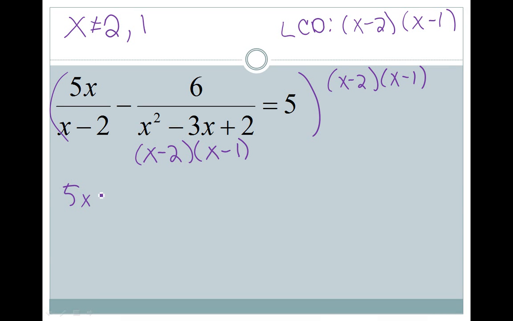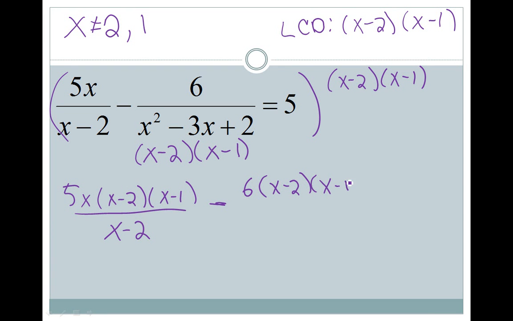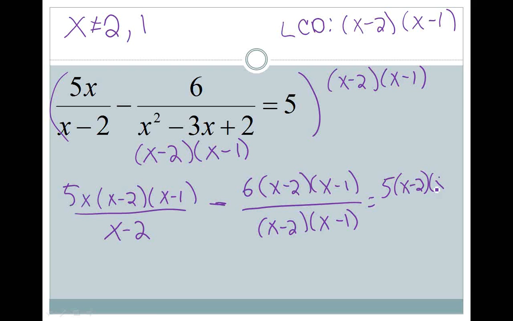I'm going to get 5x times x minus 2, x minus 1. Now some of you might feel confident skipping this step where I write it all out. That's okay, guys. Just make sure that you are doing it right. Sometimes we get a little anxious to speed up processes that we might not quite be ready to speed up. So just take it easy and relax. And when you're ready, you can do that. Okay. So now,